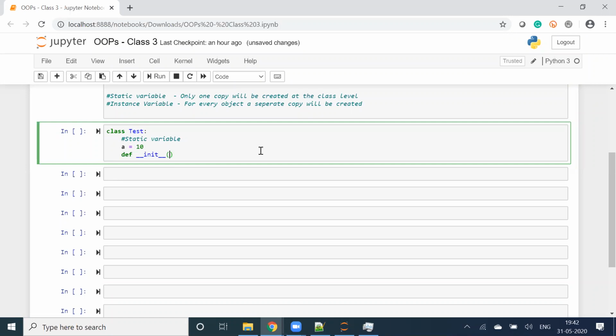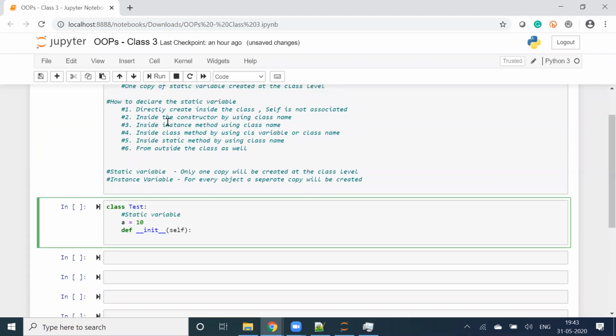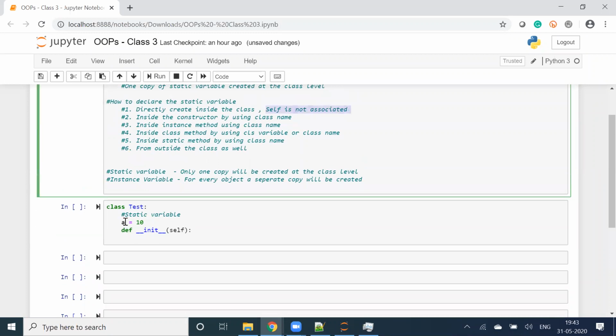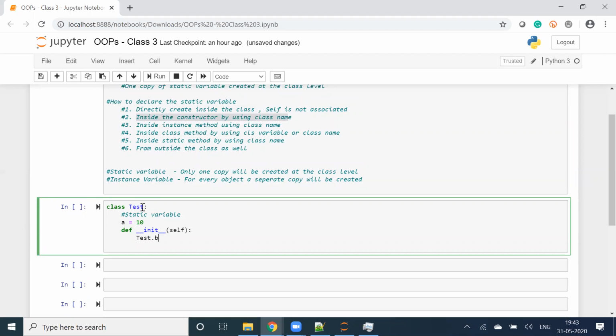Now, self. Now, if I see here, directly creating inside the class, self is not associated. You saw this example. My first way is done. Second way, inside the constructor by using class name. What is my class name? Test. So test.b is equal to 20.